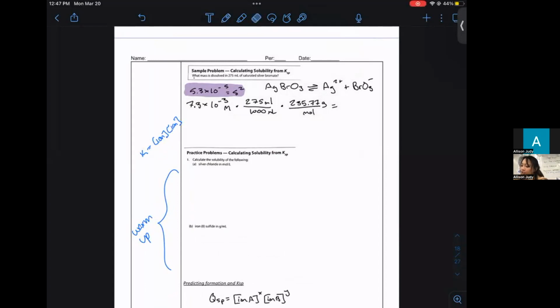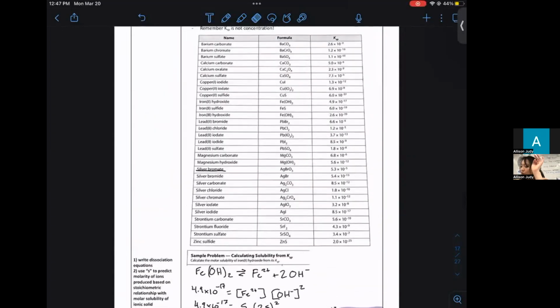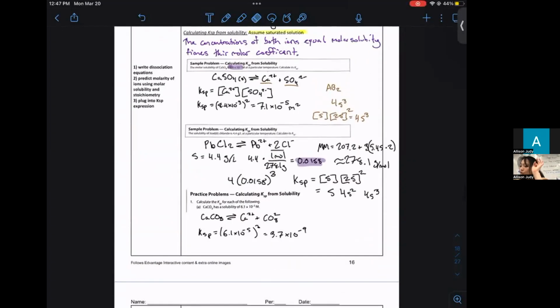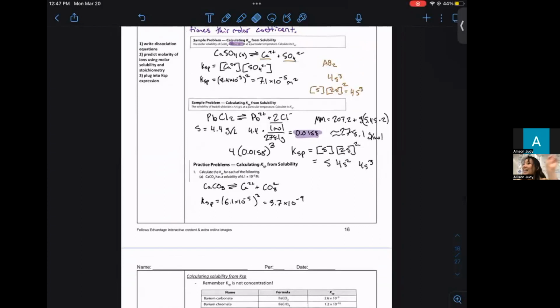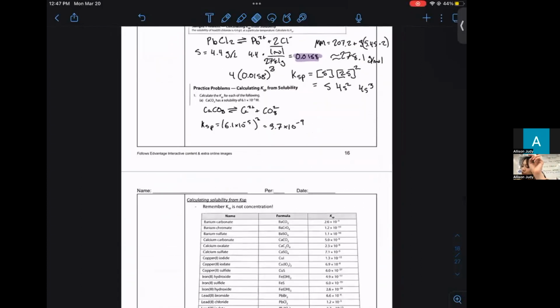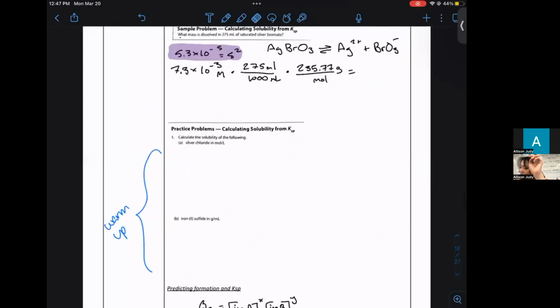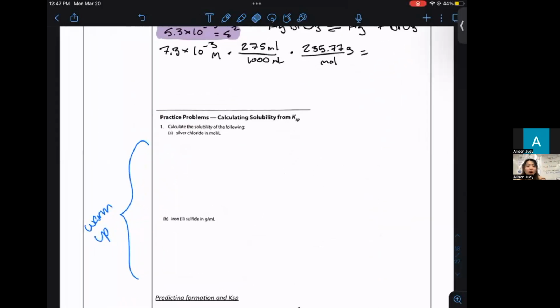And so you previously got walked through 3 ICE table problems that go with equilibrium. And now we're looking at the specific case of the solubility product constant. You should have gotten through 2 out of the 3 analogous types of problems. So for this practice problem, calculate the solubility from KSP. What did you get? You probably had to start by writing the balanced chemical equation for the dissociation process and equilibrium of the solid,